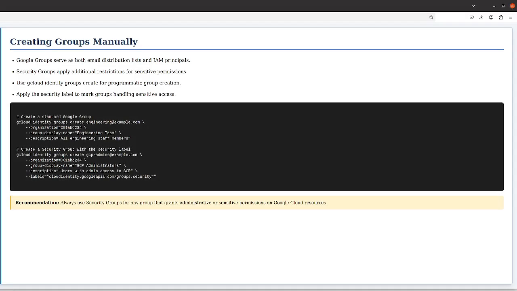Creating groups manually. Groups are the backbone of scalable identity management. Instead of granting permissions to individual users, you grant them to groups and manage membership separately. This dramatically reduces administrative overhead and makes auditing far simpler. Cloud Identity supports two main flavors of groups: